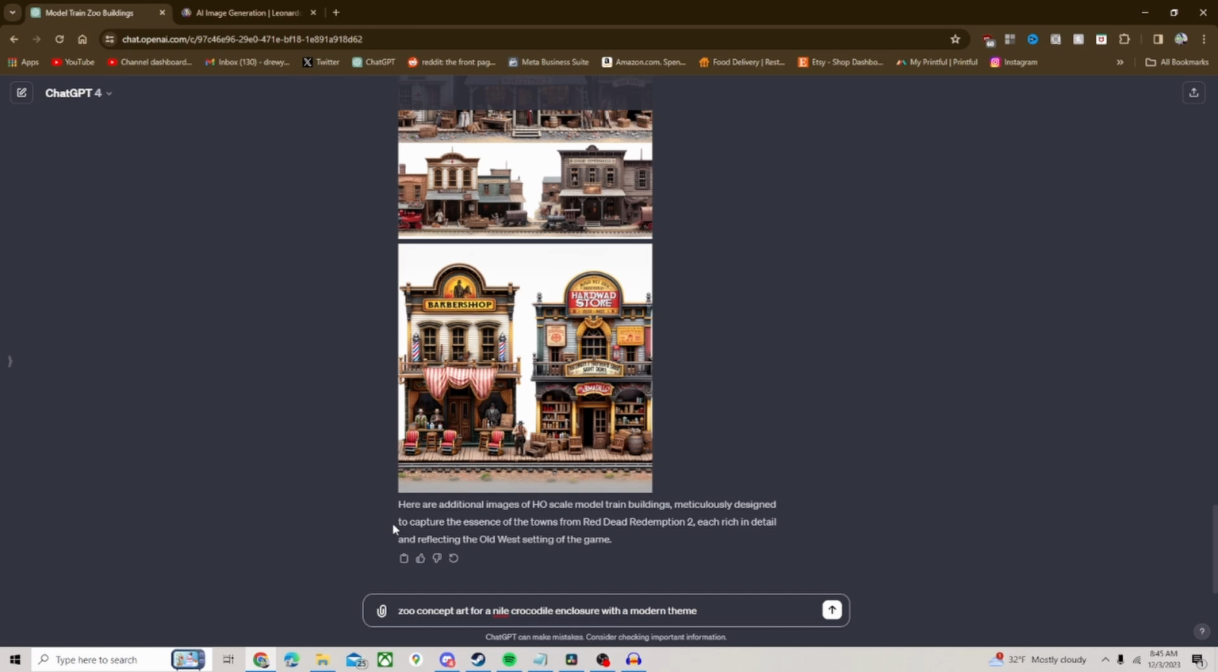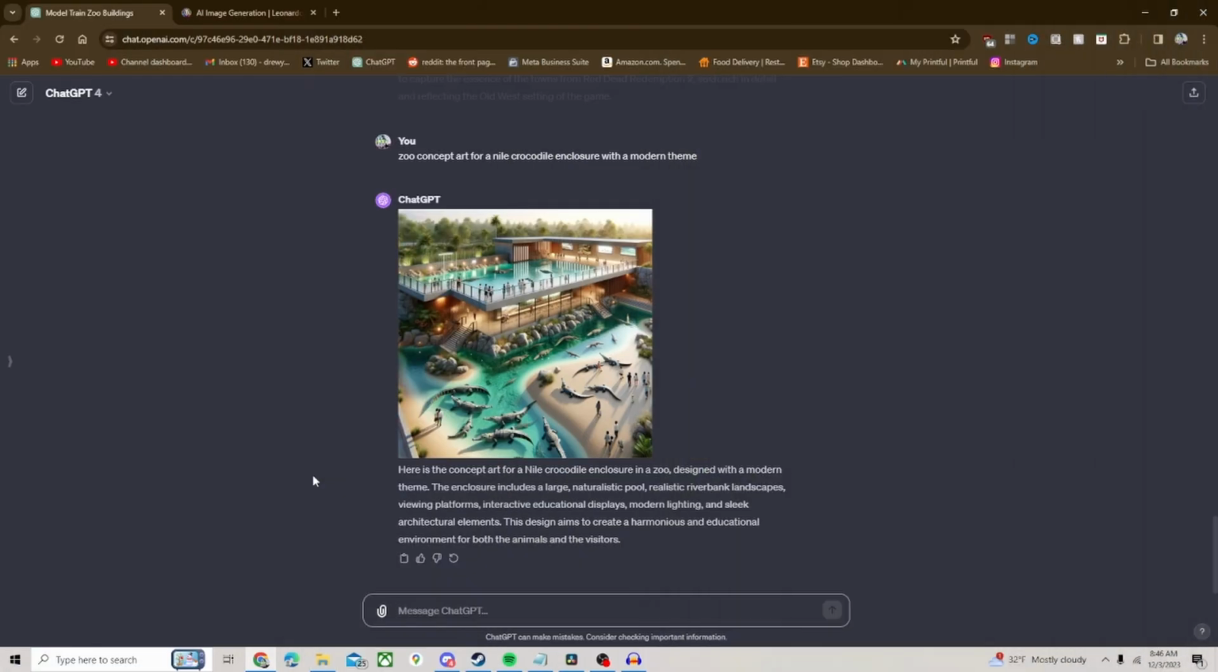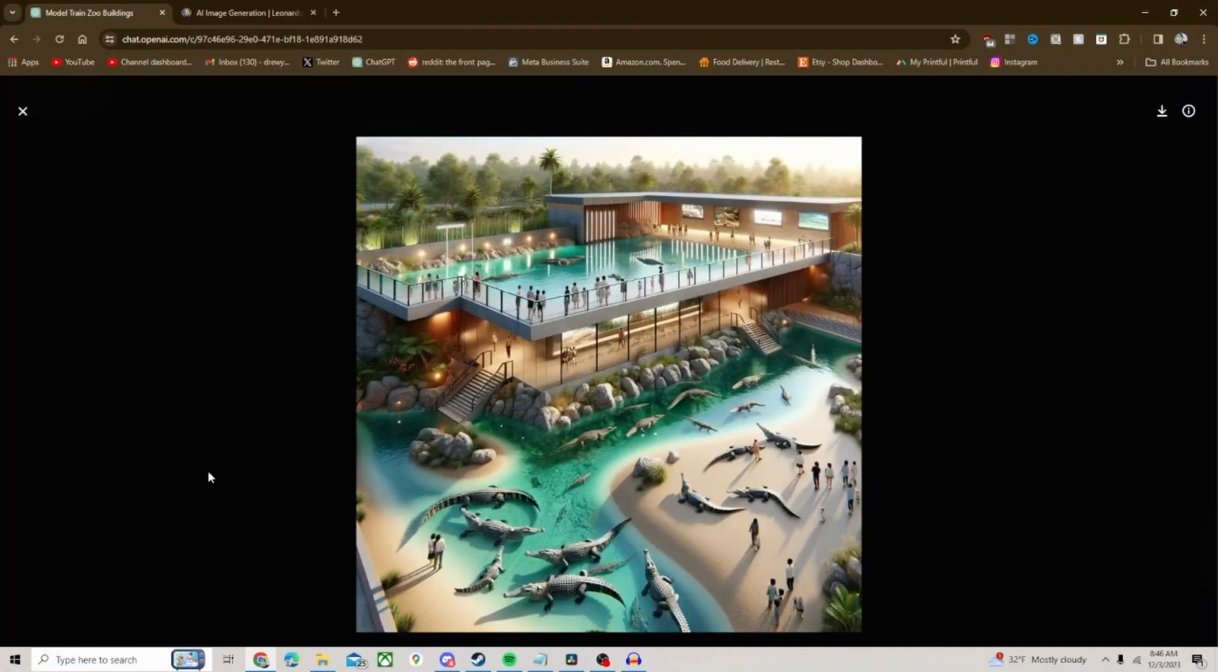Okay, so just to totally give it a little wrench in the system, in the same thread: zoo concept art for a Nile crocodile enclosure with a modern theme. Let's see what it comes up with. Alrighty, and not even 30 seconds later, we have just a quick little modern looking crocodile